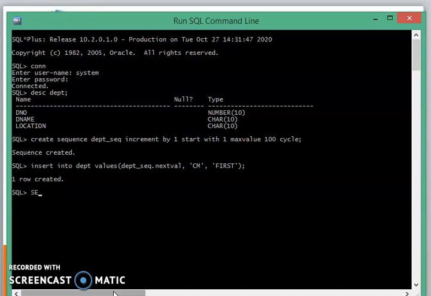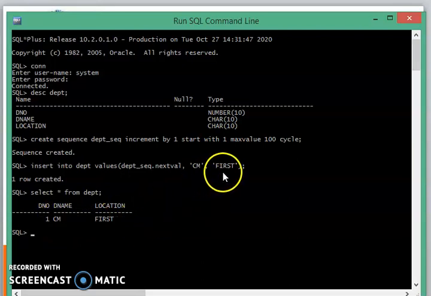Now when we display the data from the table by using the select command, select star from DEPT, we see the data. CM and first floor, these two values are inserted by us, and for the department number, the value 1 is generated automatically by this sequence.